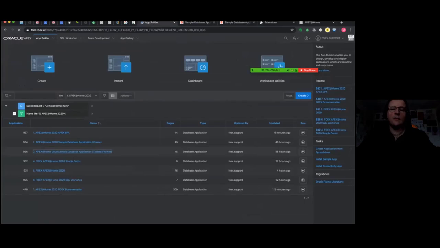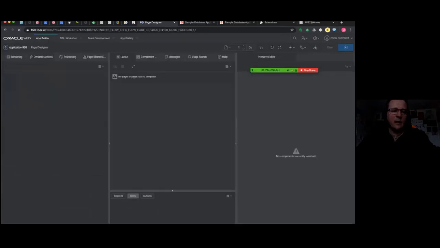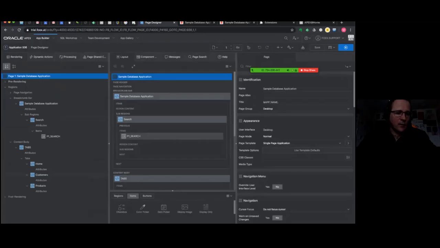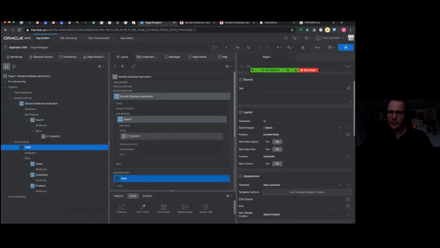All right, and we have a look at how far we can get with tabbed iframes. So Apex has a tab container. So if we have a look and see how the design of the page is. All right, so we can have a look here. Here we've got our tabs container. All right, and how that's actually